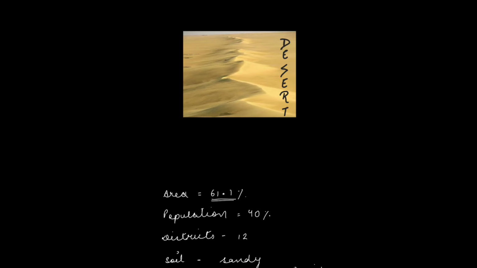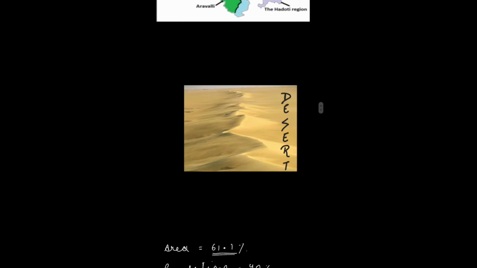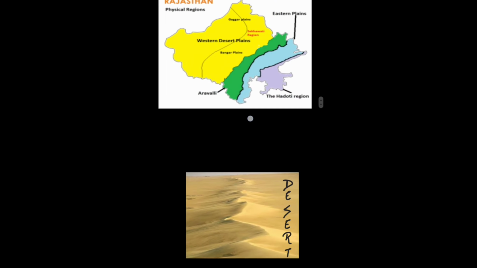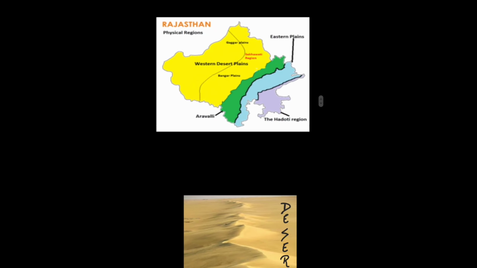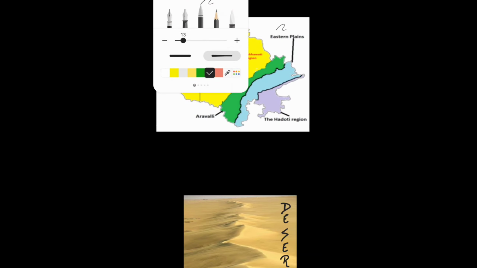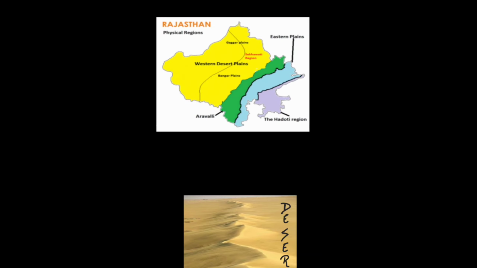Today we will see the physiography of Rajasthan, that is the first physiographic division of Rajasthan, that is desert. So let's have a look at the facts and map too, so that things are very clear to you. So this is the place. Let me change the color. This is the place from where the desert area of Rajasthan begins, and